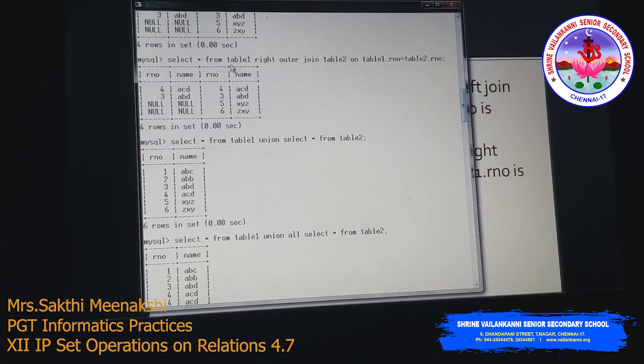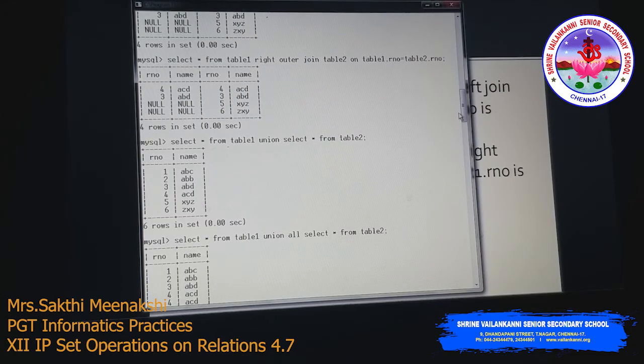So you can compare this with the right outer join output, right? Here we get 4, 3, 5, 6, and from the other side the null values. If you omit 3 and 4 and keep 5 and 6, then you achieve the goal.